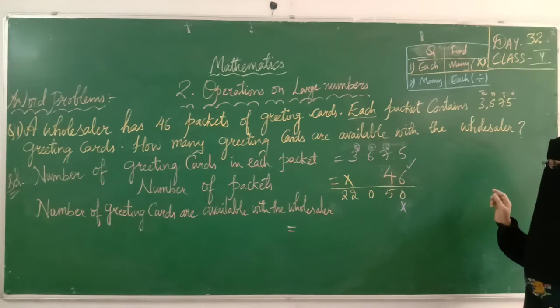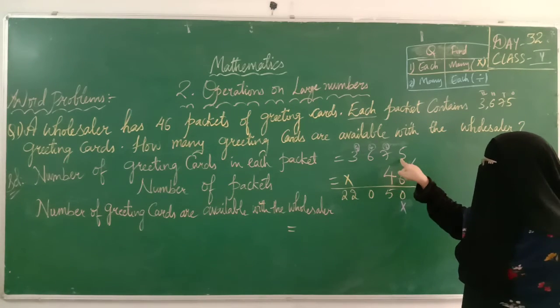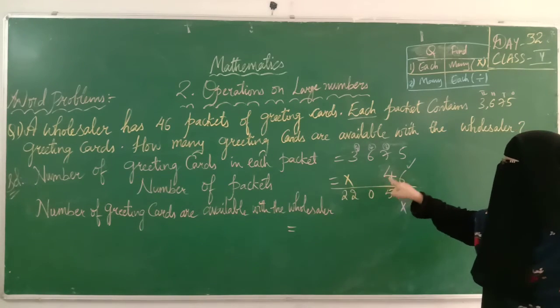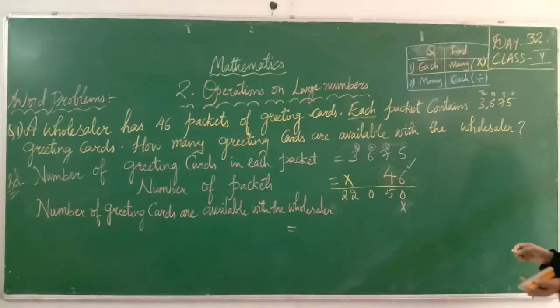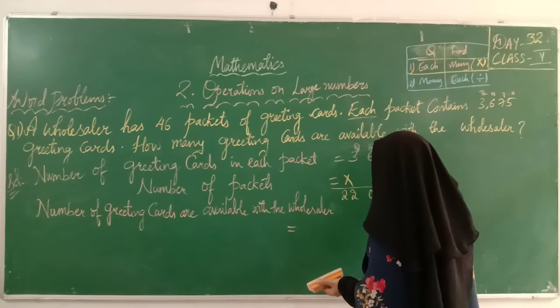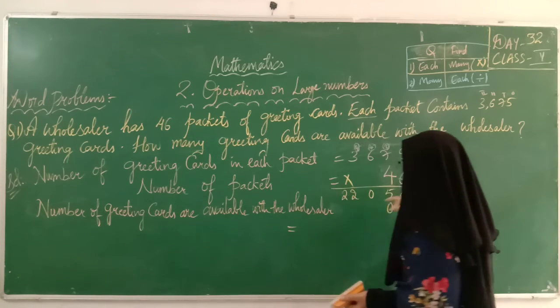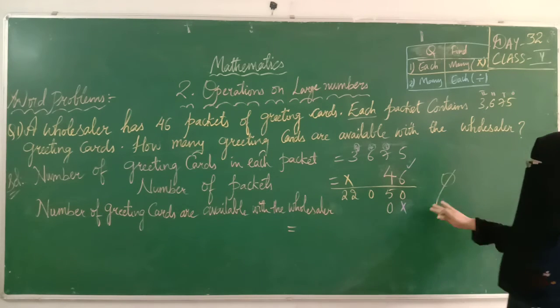Here, what are we having? 4. 4 5s are... We have to do 4 3s are... No, it's wrong. 4 5s are. 4 5s are what? 4 5s are 20, right? 0 I'm sending. If you want, you can slightly strike off these carries because we have completed the 6 multiplication. Don't put a big mark like this, okay? 4 5s are 20. 0 I'm sending.